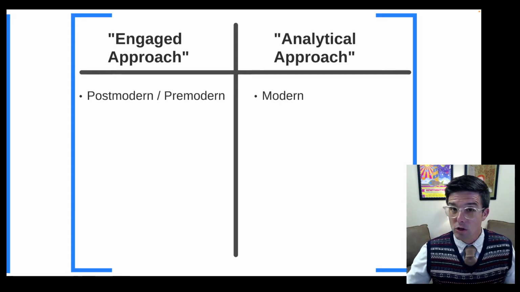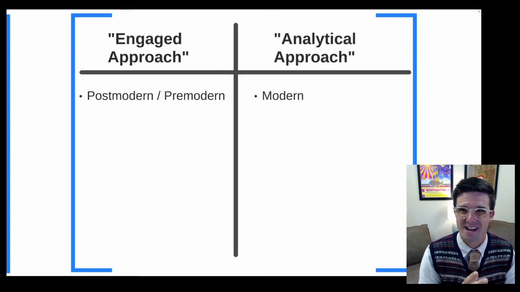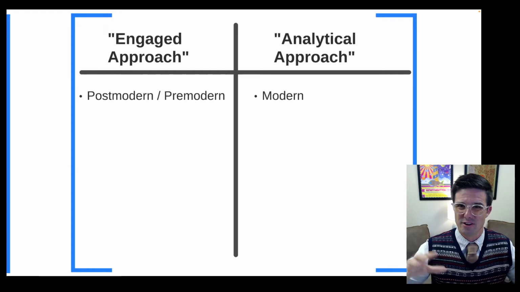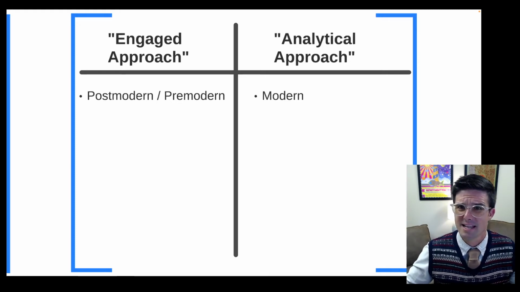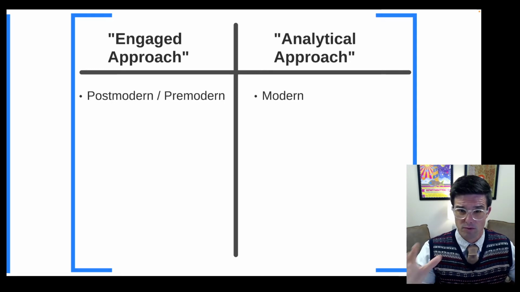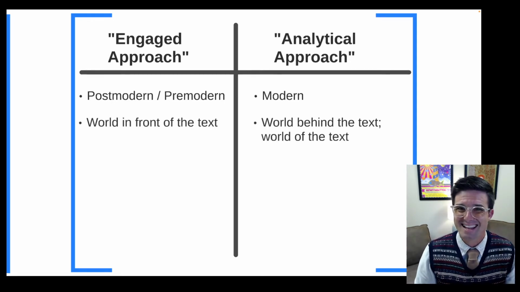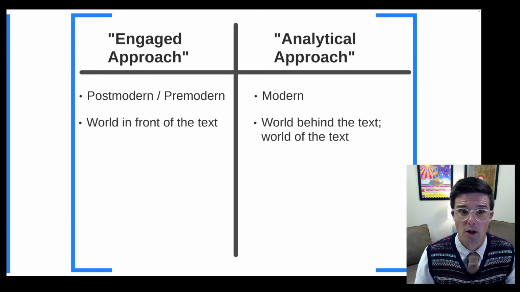It's less about putting on the gloves and trying to dissect the text in a really objective kind of way that's influenced by Enlightenment thinking. The analytical approach, in contrast, is more like that. It's more about putting on the white gloves, trying to do this more sterile dissection of the text and really thinking about what the text meant in its original context. And this is a very modern Enlightenment way of approaching and thinking about texts, biblical or otherwise.